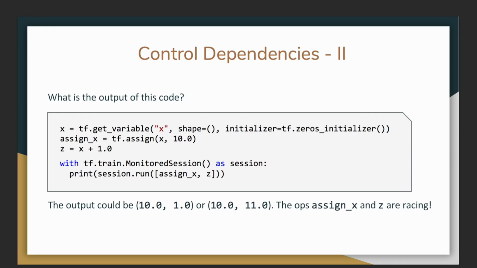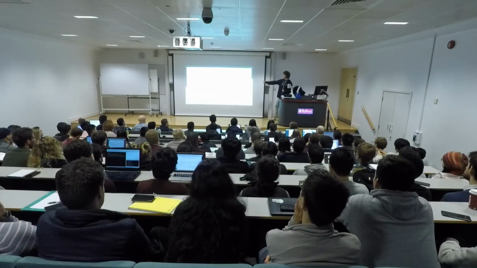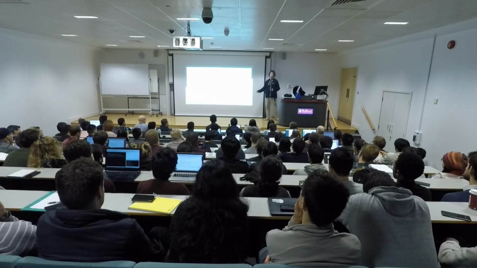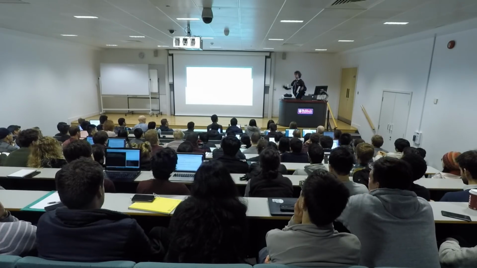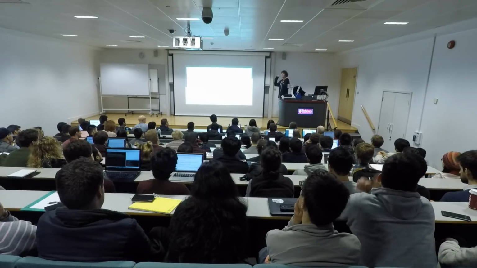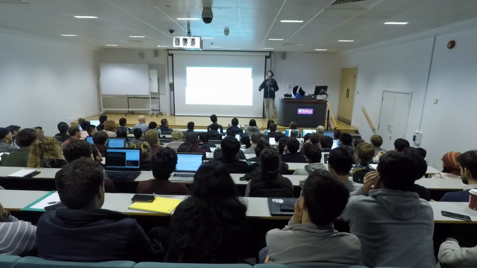10 and 11. The answer will be either 10 and 1 or 10 and 11. Why is that? The reason is that when you call session.run with a list of tensors, the order in which you pass these tensors doesn't matter. TensorFlow is not first calling assign x and then assigning z. It's taking all tensors that you pass to session.run and doing one pass through the graph,